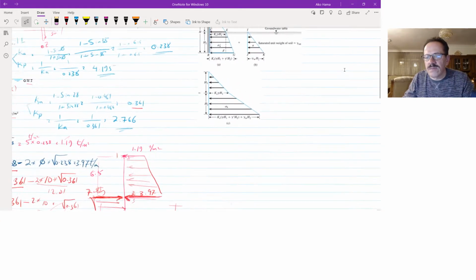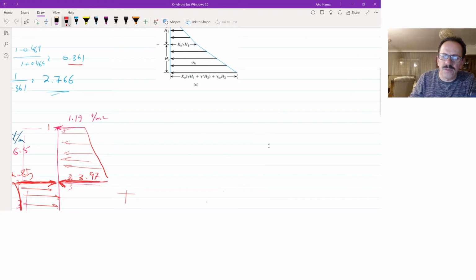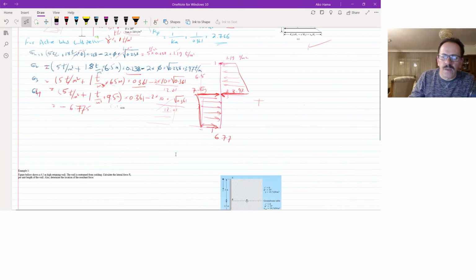In another way, I can make it more clear here. Here is the soil. This part we added gamma H here, and here's the gamma H here, due to having water here. So this part and this part adding together, A plus B, will give you this distribution. Now the same way we have to add water this way. To add the distribution of the water pressure on the lateral, it will be like this.